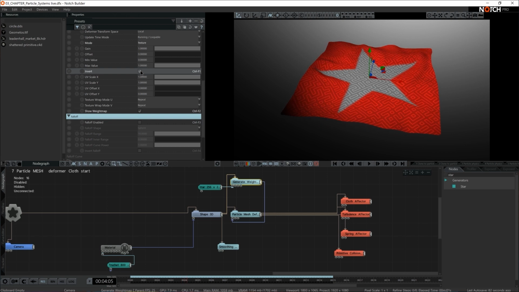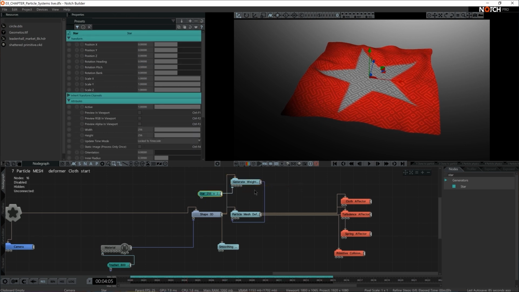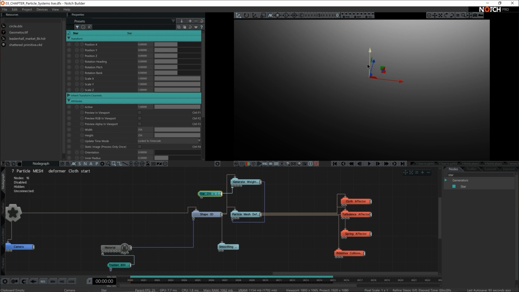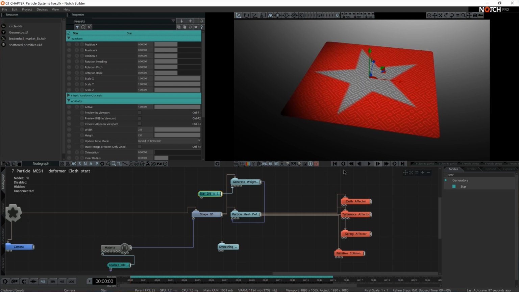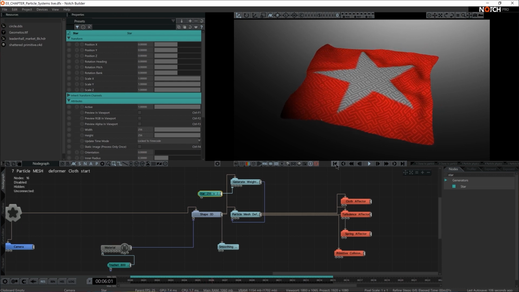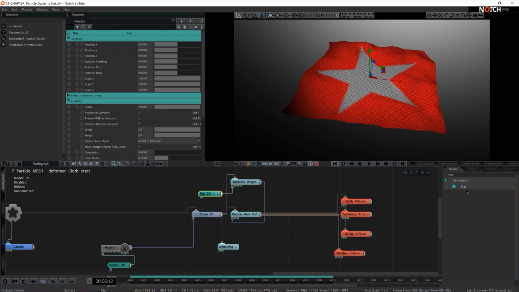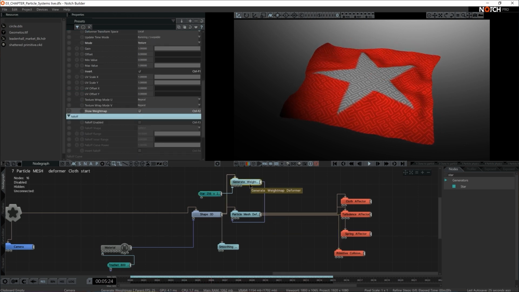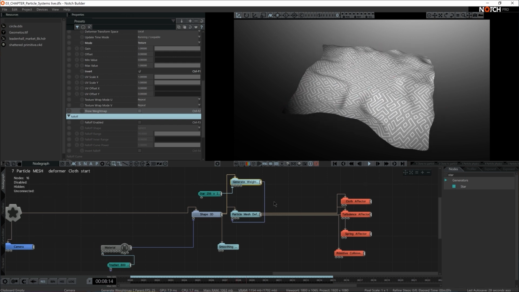There we go. One thing to note about generate weight map deformer while it's working with particle mesh deformer, it's not animatable. So it grabs the first frame available for it when the simulation starts. That's why we have an empty space when we hit home or when we hit a rewind button. And once that first frame is accounted for, that is exactly what is being used for the rest of the simulation. You're not restricted to just generators available in Notch. You can bring in any and all PNG or DDS file to use as an input for generated weight map deformer. So I think I'm going to tick off the show weight map and I'm going to leave you to